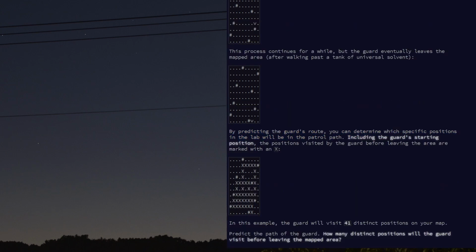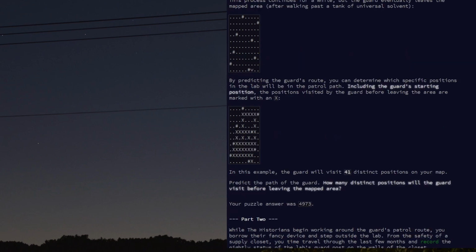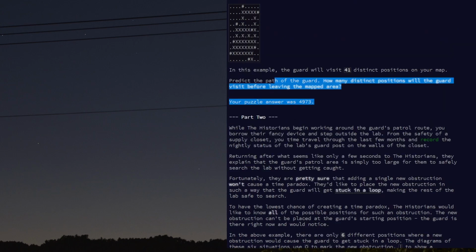So by predicting his route, we can determine specific positions on his patrol path, including the guard's starting position. All the positions get marked with an X, and the guard will visit 41 distinct positions on the map before exiting the area. And that's our part 1. Right, for part 2,